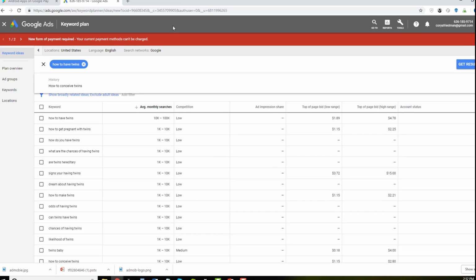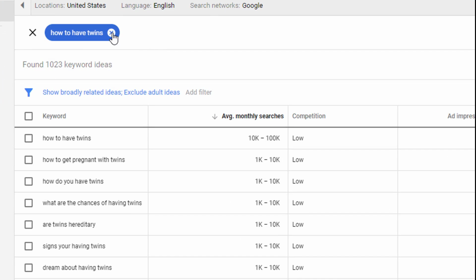And again, everybody can sign up for an AdWords account for free. You can also use other free keyword tools that are reputable, but we like to use this one. So let's just say for this example, I could have brainstormed this by browsing Amazon and looking at baby diapers, and then maybe I might have thought about the whole idea of having twins. I might have just said, I wonder if some couples want to have twins, and maybe there's a strategic way to do that, right? I don't know. So anyways, that's how quickly and easily you can come up with a possible info app